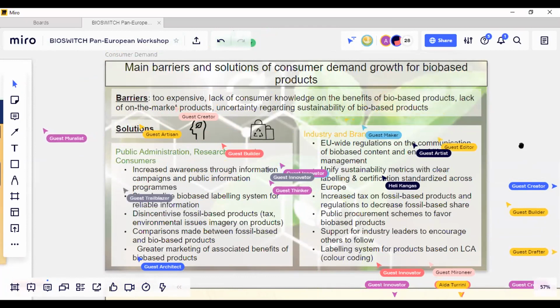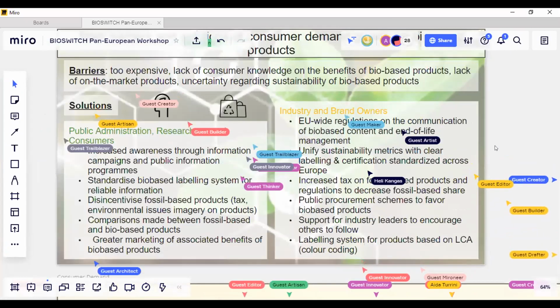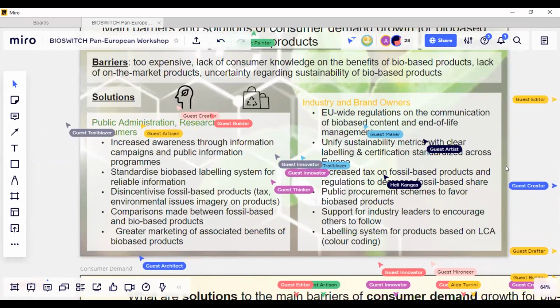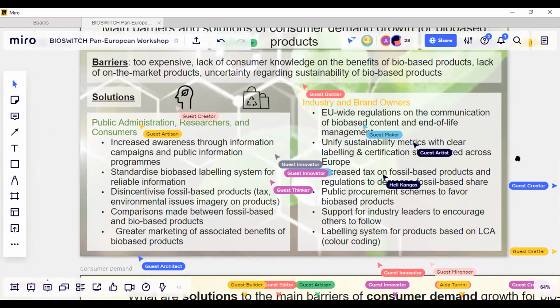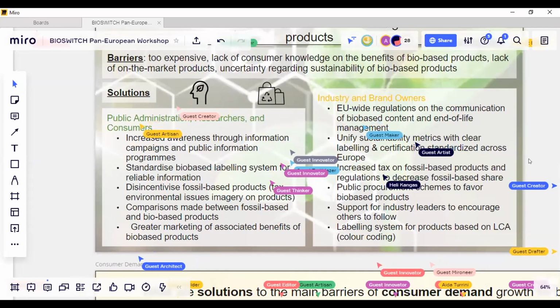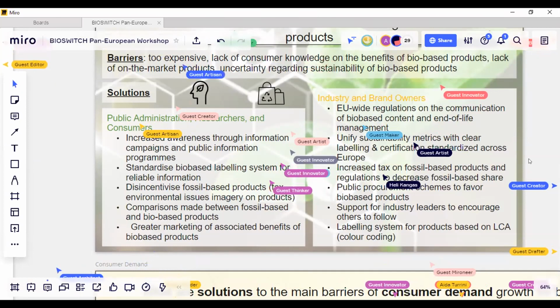So some of the solutions coming out of the regional workshops: public administration, researchers and consumers highlighted recommendations around increased awareness through information campaigns, standardized bio-based labeling, disincentivizing fossil-based products, and from industry, it was more on regulations and again on labeling and certification and other support for industry leaders to